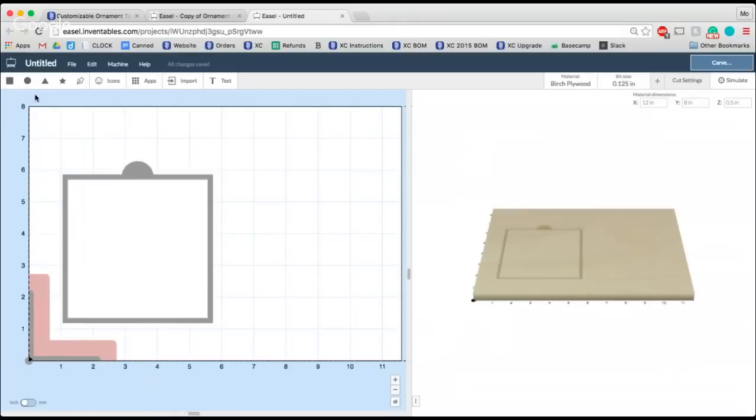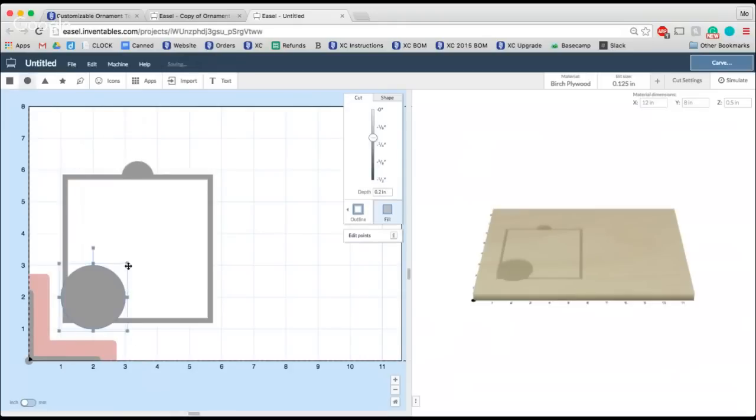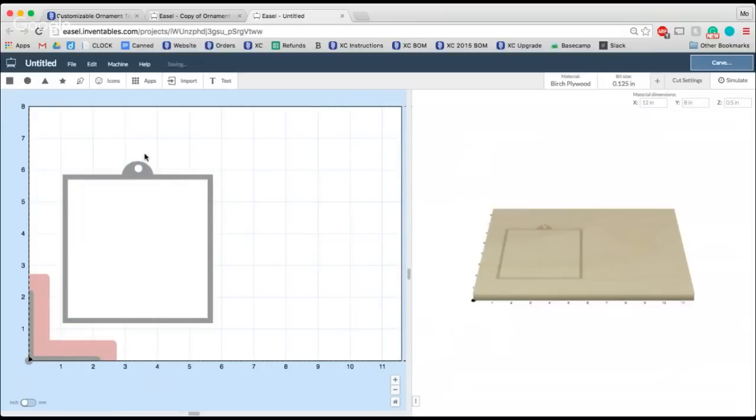So now that that's there, I have to make sure I add the hole in as well. So I'll make a little tiny hole for me to hang my ornament on. I'll go ahead and do that. And again, I'm going to make it white. And I'm going to use my alignment tools again, just to make sure everything is nice and centered. And there's my template. Now if I go ahead and combine this,